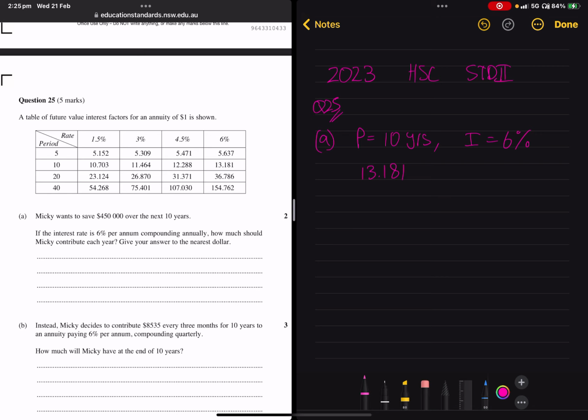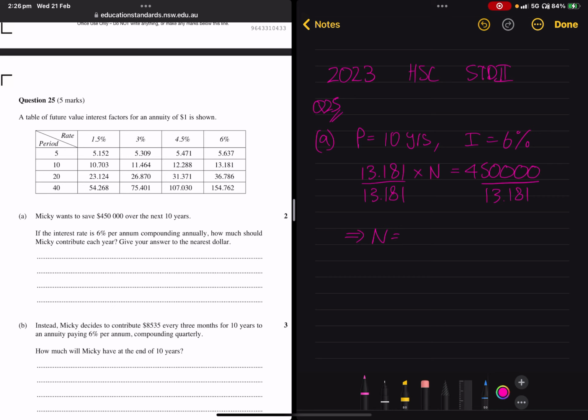We want the amount to be $450,000. So we have this amount multiplied by some number, let's call it n, has to be equal to 450,000. This n is going to be the number of dollars per year that have to be put into the annuity. So divide both sides by 13.181. This tells us that n is equal to